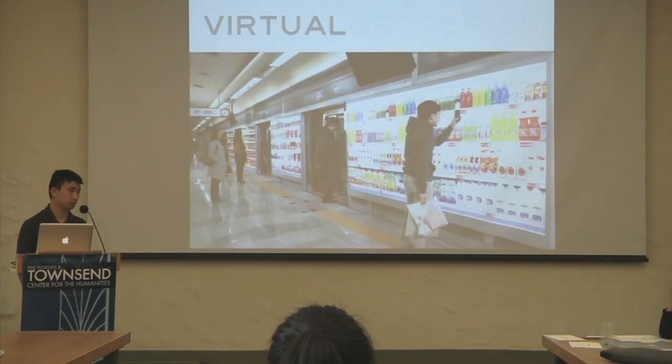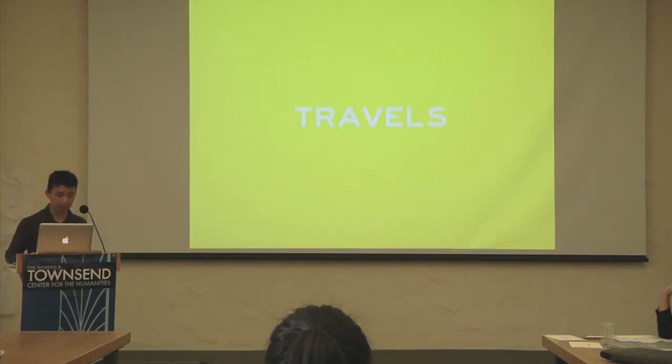This is a virtual grocery store. It's mostly in South Korea right now, but there is a pilot being tested in Chicago right now. Basically, this is located in the subway station in South Korea, and what you can do is when you're waiting for the train or when you're walking to or from somewhere, each of those items that you see on the wall has a QR code underneath it. If you want an item, simply take a picture of it with your camera, and then the item will be delivered to your door within a few days.